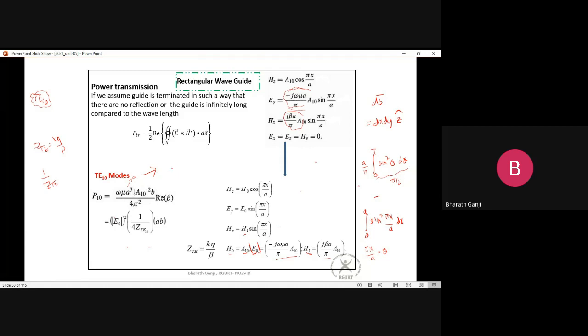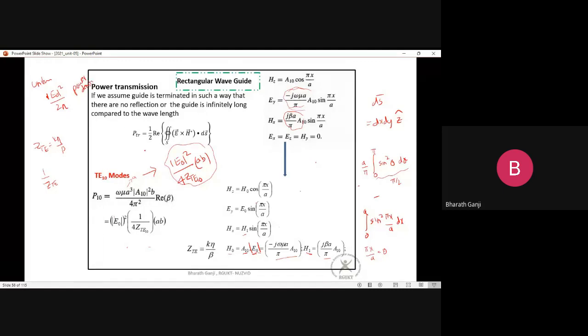So for a TE10 mode, what is the magnitude of the power that is carried by the wave? It is the magnitude of E squared over 4 times the wave impedance of TE10, times A into B. And this is a much easier way of remembering the formula. Either remember it, or if you are using a uniform plane wave, then what power density expression did we get? If you remember, we got something like modulus of E naught squared by 2 eta. So this was the power density expression